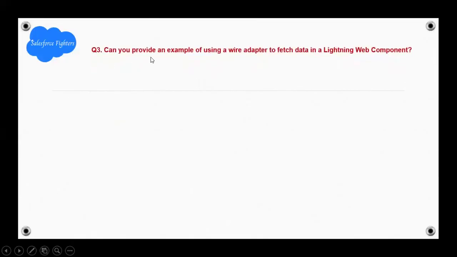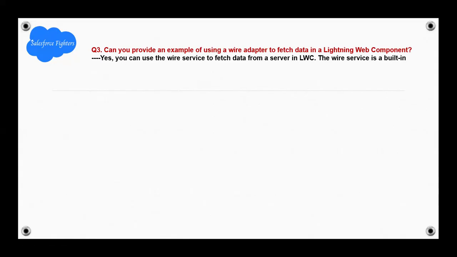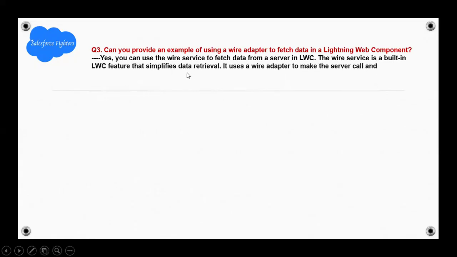Next question. Can you provide an example of using wire adapters to fetch data in Lightning Web Components? Yes, you can use the wire service to fetch data from the server in LWC. The wire service is a built-in LWC feature that simplifies data retrieval. It uses wire adapters to make the server call and automatically handles caching, data refresh and error handling. Examples,